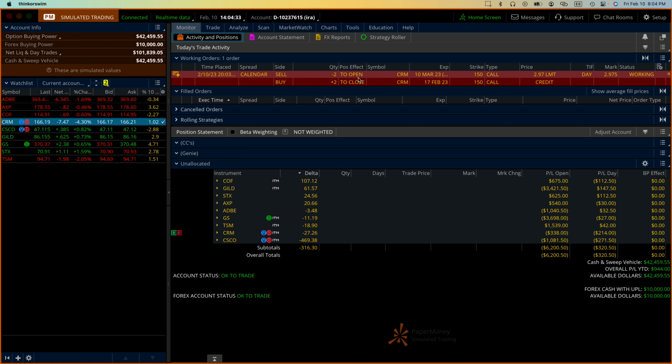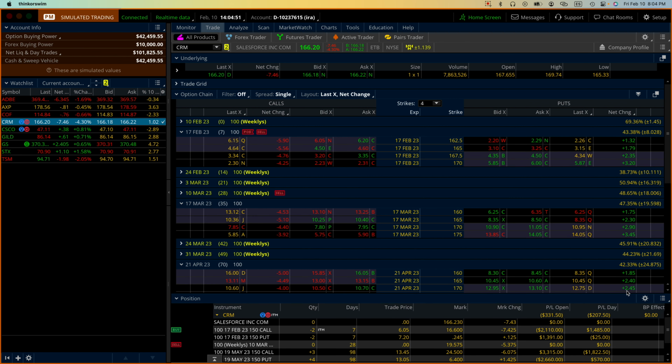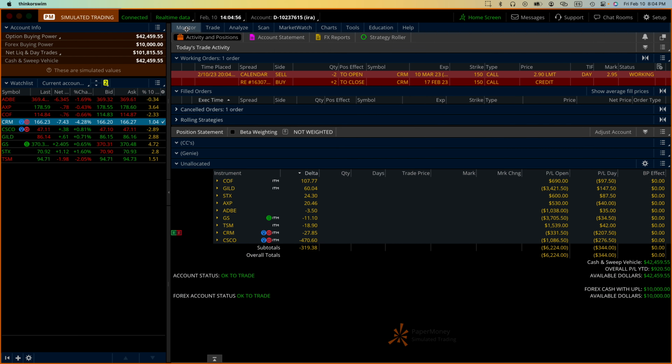So how do we make it get filled quicker? Well, right now we are asking less than the mark, and that's fine. That means it could get filled very quickly. So we can just reduce it to 290, something like that. Reduce it by 5 or 3 cents increments, or in this case decrements. Okay, so we'll wait until that gets filled, and then we'll take care of that CRM, because I want to get